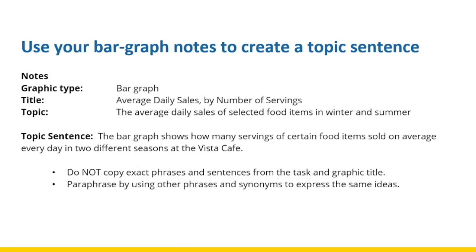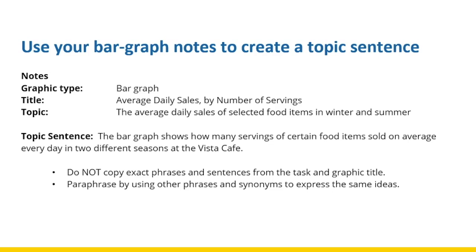And now on the slide you can see how you can use your bar graph notes to create your own topic sentence. As you remember, we had notes about graphic type, which was bar graph. Our title was average daily sales by number of servings, and topic was the average daily sales of selected food items in winter and summer. When you're writing your topic sentence, try to use the information you have, the notes that you have, and you determined your topic with, and you can write something like this. The bar graph shows how many servings of certain food items sold on average every day in 2 different seasons